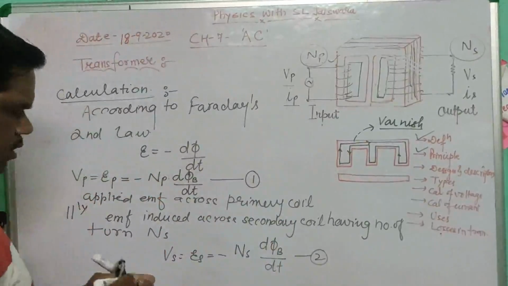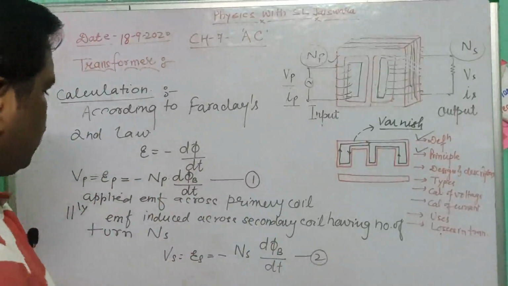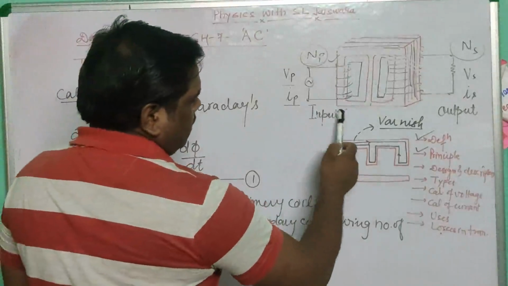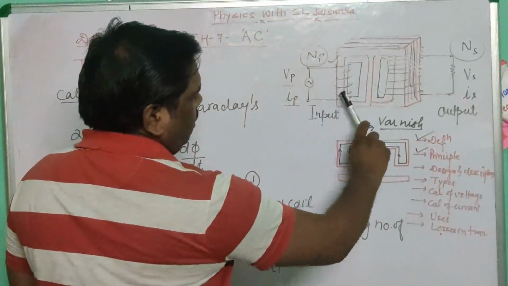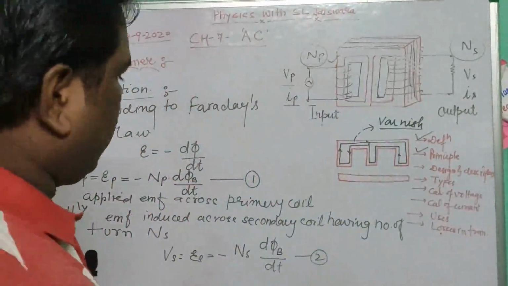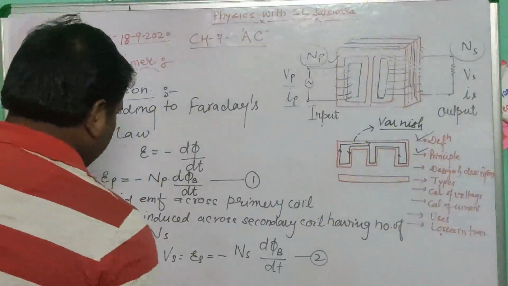This is equation number 2. Here we have taken whatever flux is created, the total flux linked with coil number 2, that is the secondary coil. So now